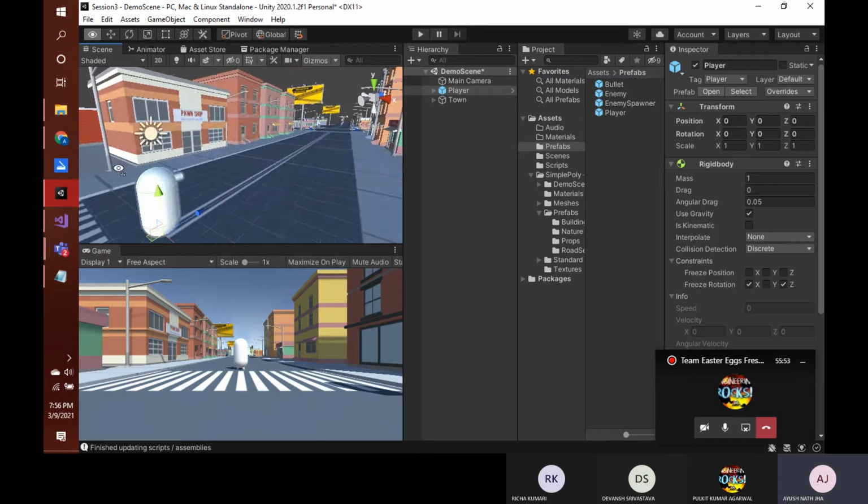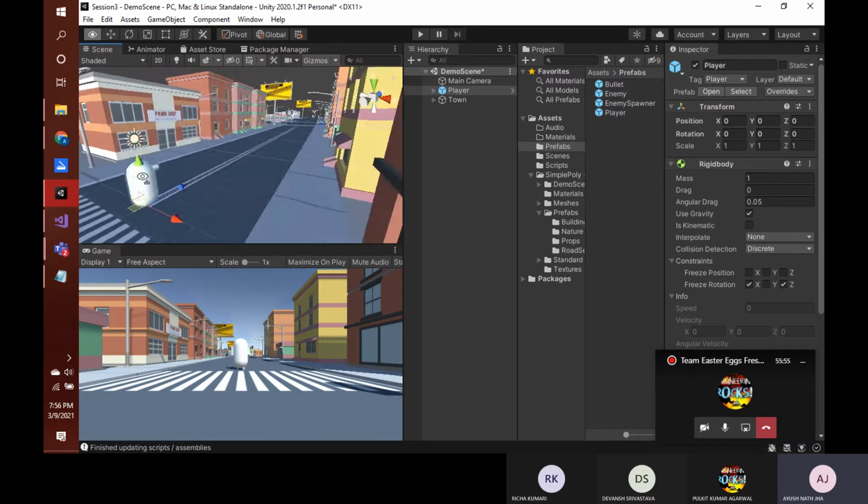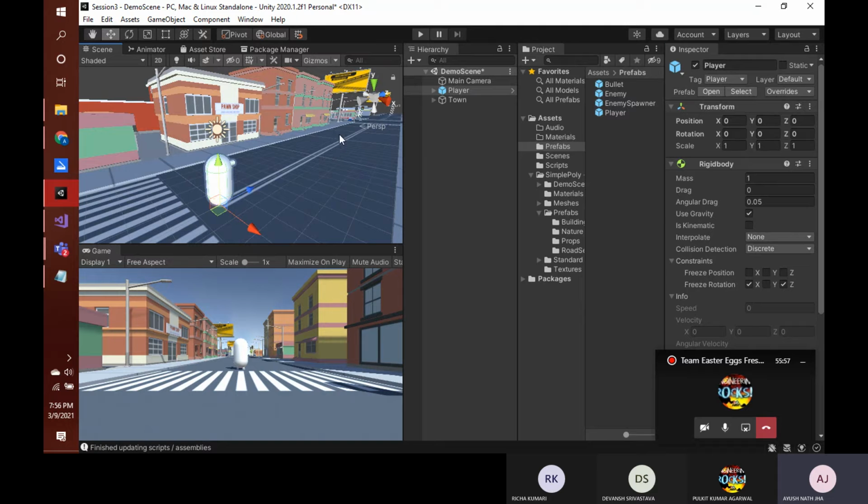And if we hit play, no, we cannot hit play yet, because our camera didn't get imported. Our camera was separate from the player, and it was following the player with the help of a script. So what we can do is bring that camera from our previous sample scene, with the same configuration, to this scene. Since the relative position in both the worlds is the same, we can simply copy paste that camera here. It is very easy, very simple.